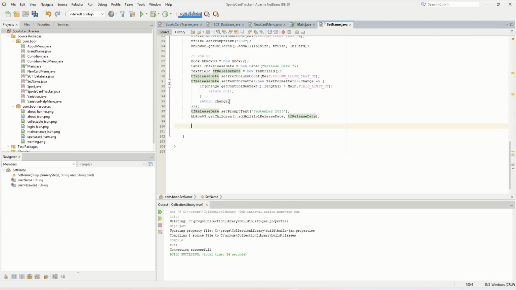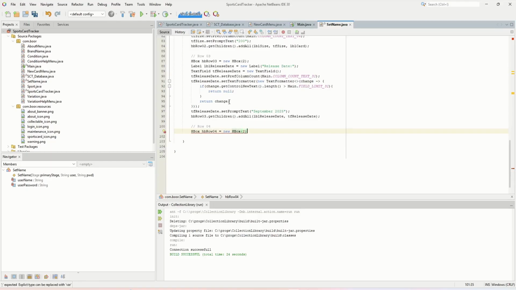And now for row 4, row 04, HBox hbRow04 equals new HBox, and it will have